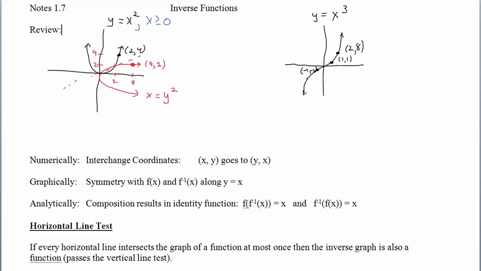Okay, and I could choose something like this right here, negative 2. When x is negative 2 and I cube it, I'm going to get negative 8. Anyway, we're working with y equals x cubed. Y equals x cubed. If we're interested in its inverse graph,